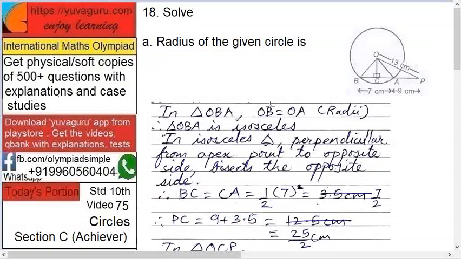Okay. Here in triangle OBA, OB equals OA, radius. Therefore OBA is isosceles. Therefore in an isosceles triangle the perpendicular from the apex point to the opposite side bisects the opposite side. So